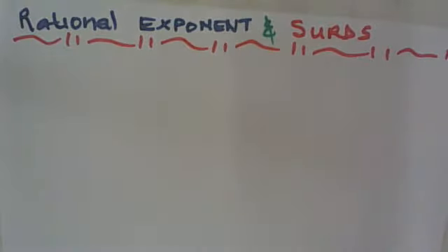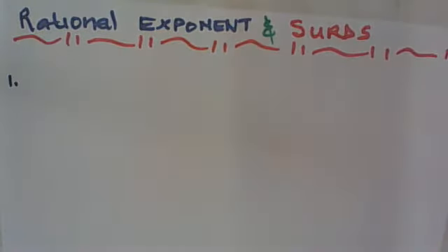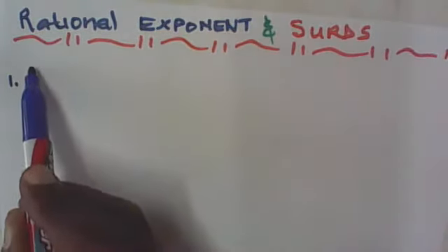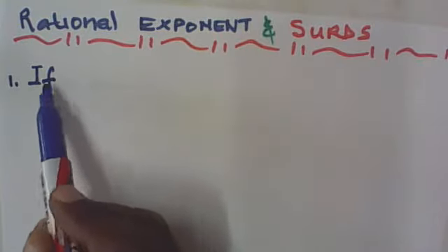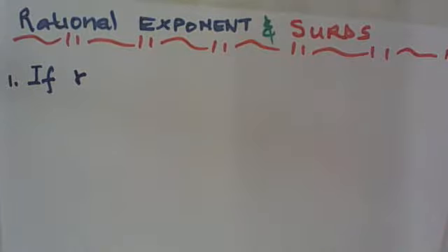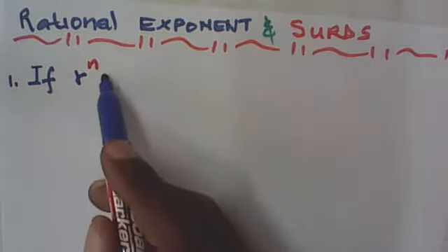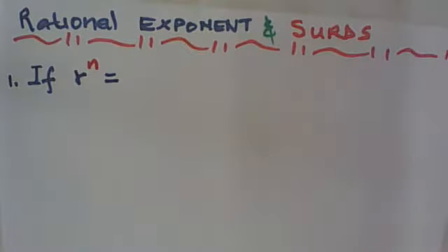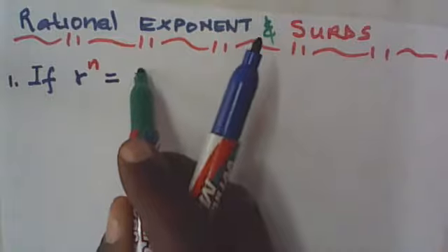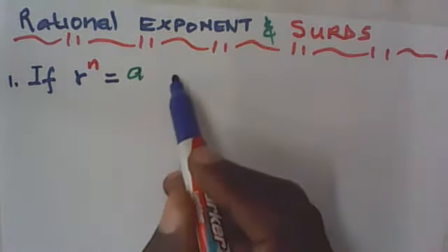It says if r to the power n is equal to a, then